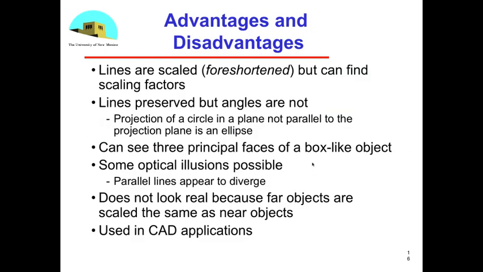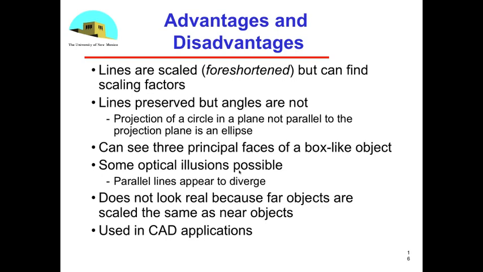So, what's the good in things about this? As we said, the lines are scaled equally in a given direction. That's called foreshortening. Angles are not, as we said, preserved, but you get the advantages. If you have a box-like object, you really do get to see three principal faces in the image, so that's good. There are some interesting optical illusions that happen with this that some people can get very annoyed with, even with some of the examples. If you take a cube and you do an isometric projection of it, a lot of people will see those lines that are the edges of the cube as not being parallel. They'll swear to you that they're